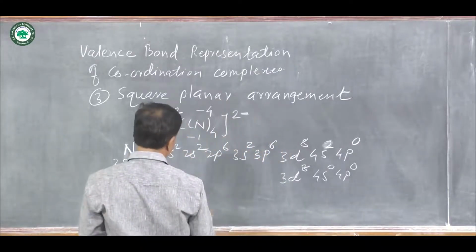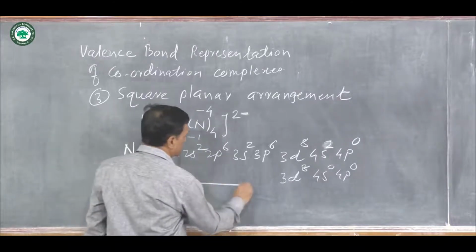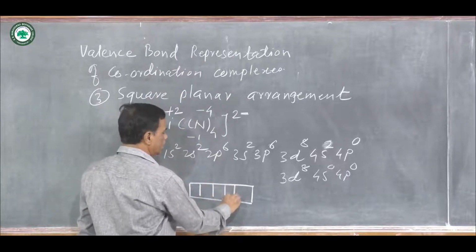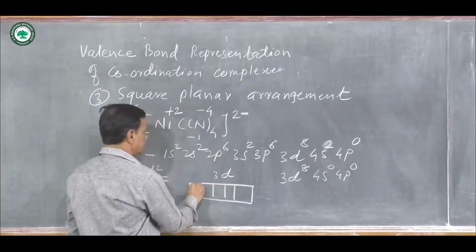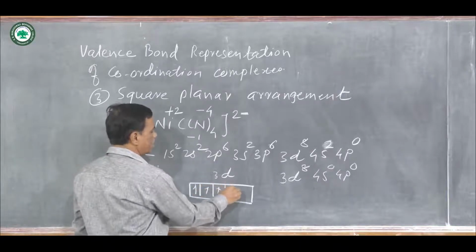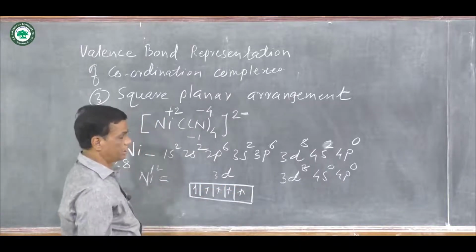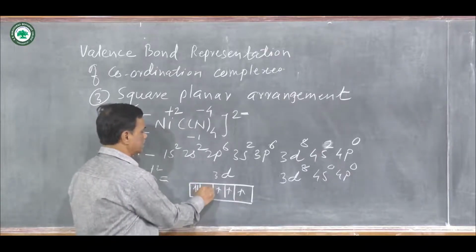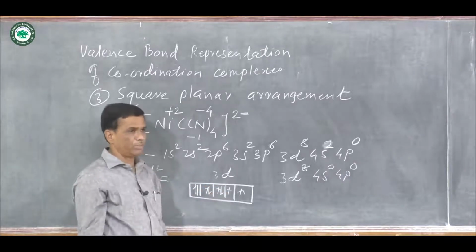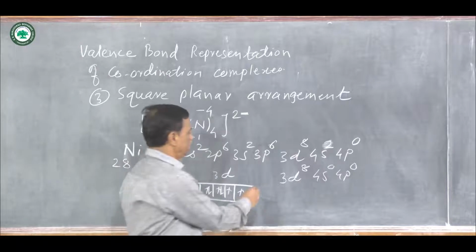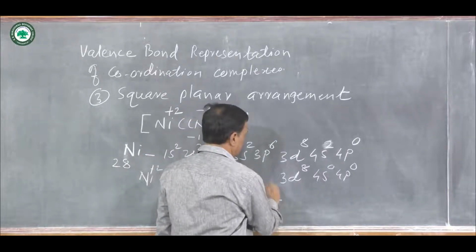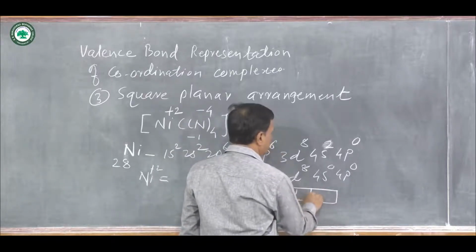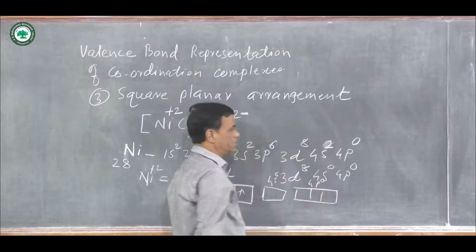Again there is a box diagram, and in the box diagram here these are the 5 3d orbitals, each containing, according to Hund's rule, a single electron first. These are the total 5 d orbitals. Then pairing starts, and in the first 3d orbital 2 electrons are there. Then in the 4s orbital there are 0 electrons, and there are 3 4p orbitals, again 0 electrons.